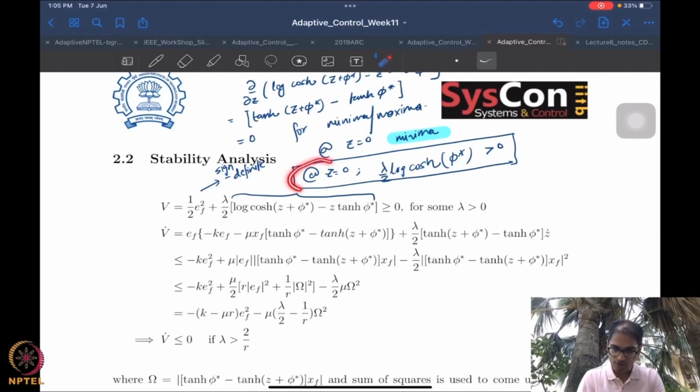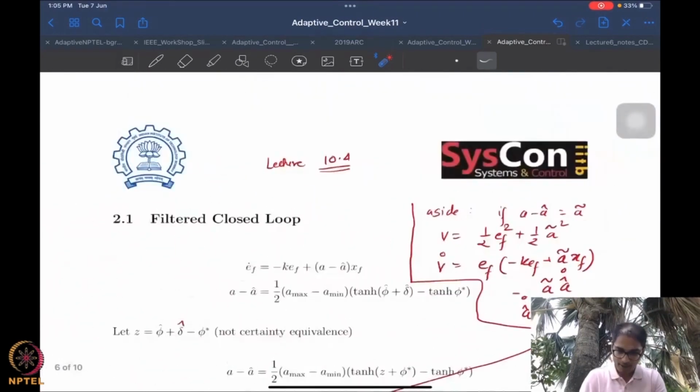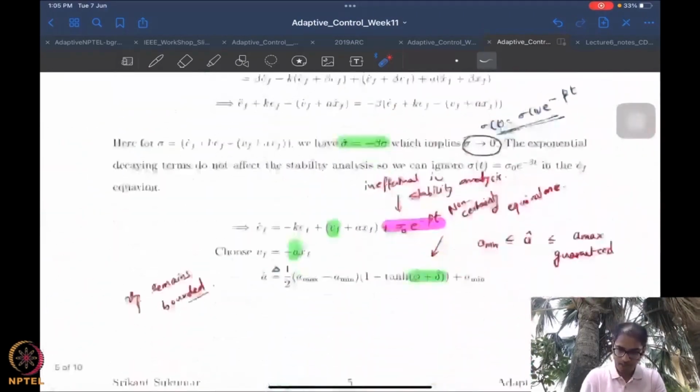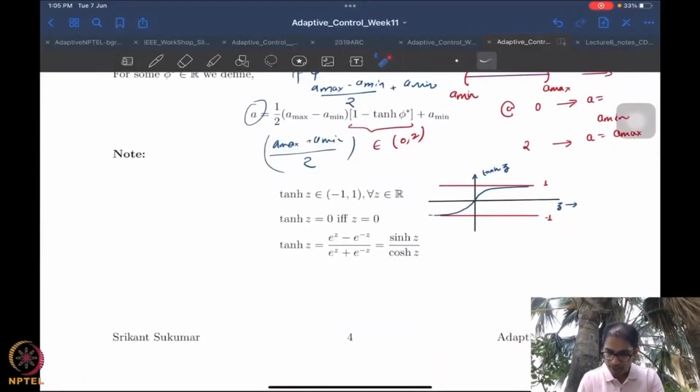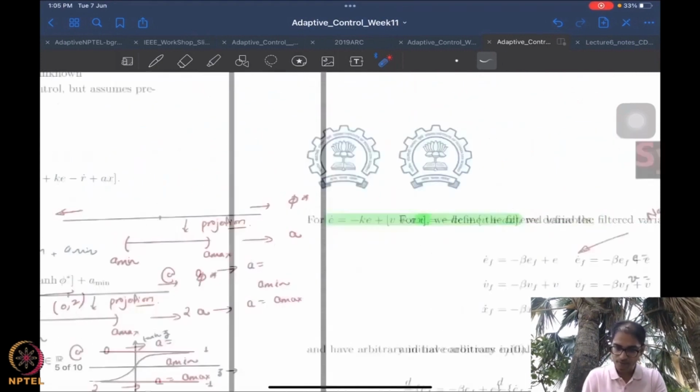At z equal to 0, we have a minima, and that minima turns out to be lambda over 2 log cos hyperbolic of phi star. And the expression for the cos hyperbolic is something like this, right? You can see that essentially the cos hyperbolic is